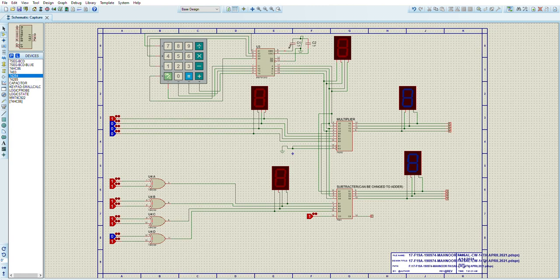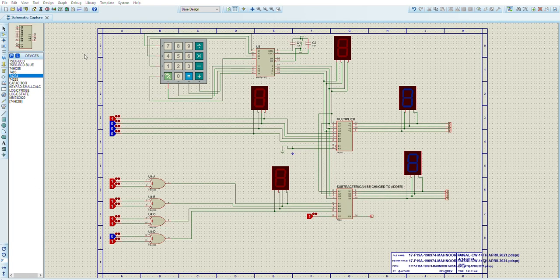Okay, so the first two inputs of this IC would be connected to the capacitor and the ground, and the second one would be connected to the ground as well. We would leave this one alone because we do not need it in the circuit right now. Then we have four outputs, A, B, C, D. Now these A, B, C, D would be given as A0, A1, A2, A3 over in the adder and subtractor, or we can also use it as the next IC.